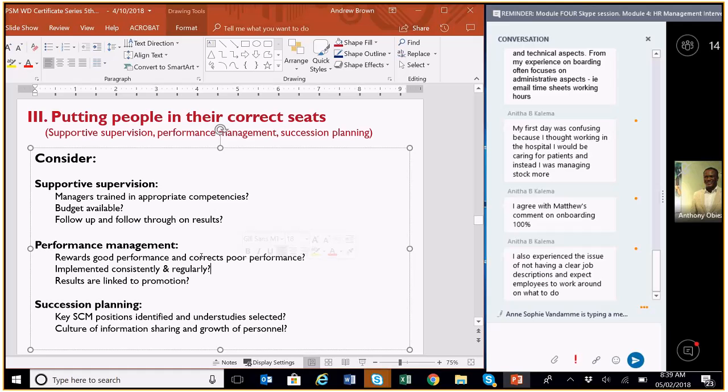But I will acknowledge that this is a really hard thing to do. And again, in this talk, I am emphasizing that it's important. We're providing some resources for you to look up what a good performance management system involves. But the point that I want to highlight is it needs to be implemented consistently and regularly, and that the managers need to have the skills to make the system work.